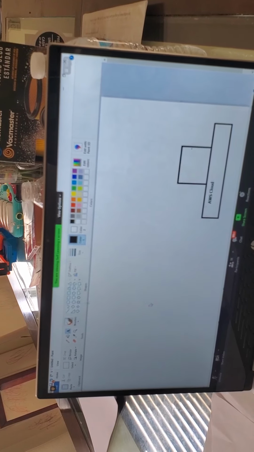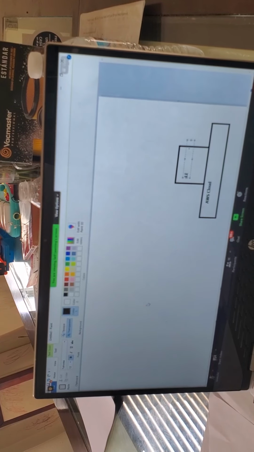So this is the AWS cloud. We are creating a Linux machine.